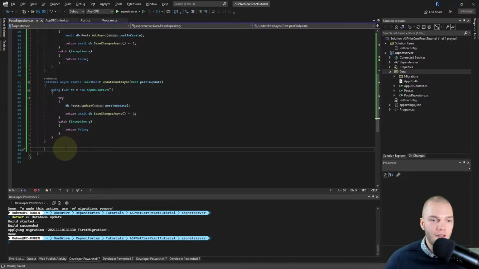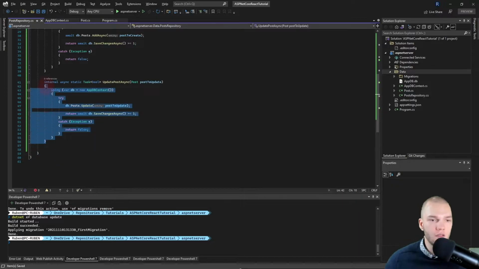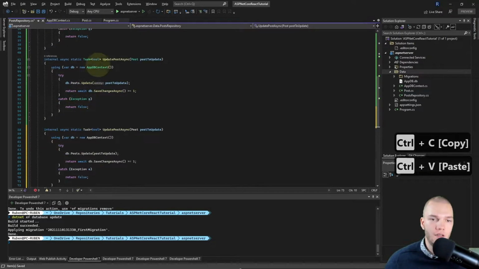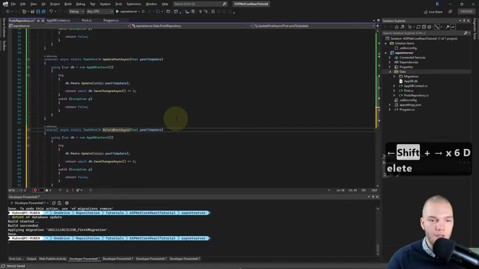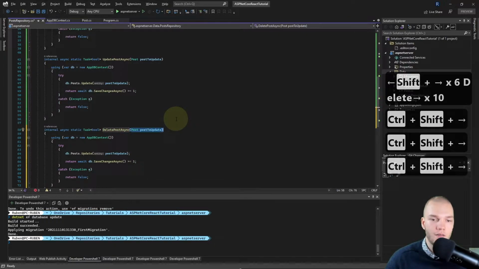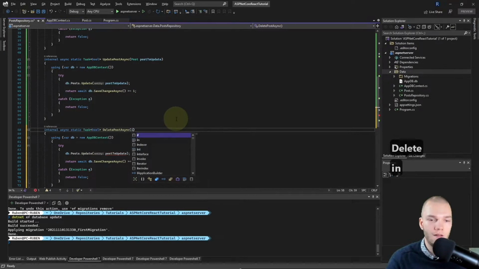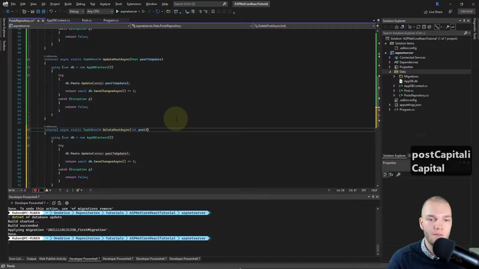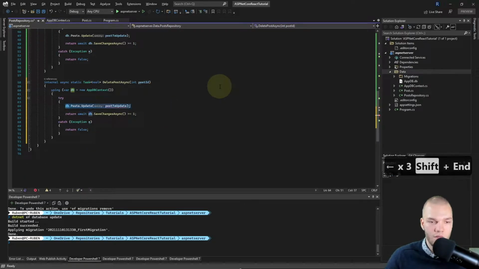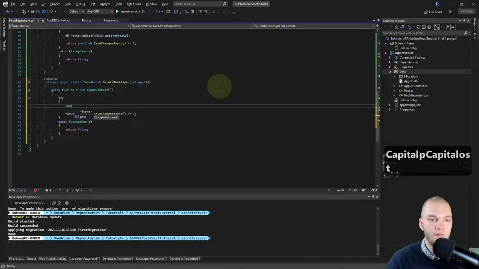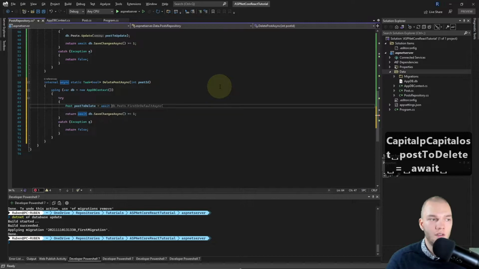Right, then finally the delete operation, so that posts can be deleted from the database. And I'll just copy and paste the UpdatePostAsync. And I'll rename it to DeletePostAsync. And instead of a post, we'll take in an int named postId. And in the try block, we'll do postToDelete equals await.